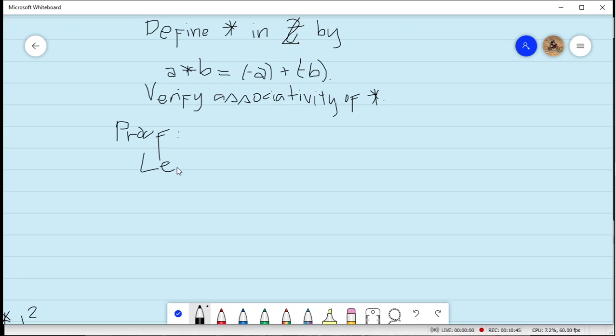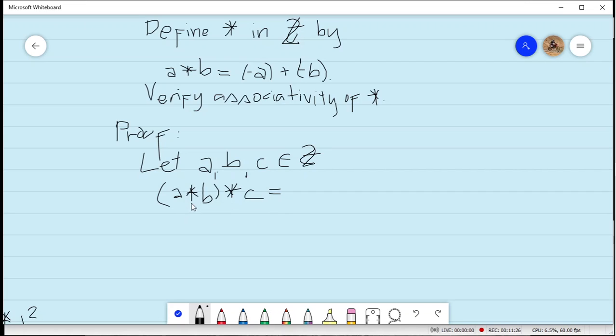So, let's say, take A, B, and C be elements of the set of integers wherein the operation was defined. So again, A, B, and C may represent any of the elements in the set. So if we take the quantity A operation B, operated to C,